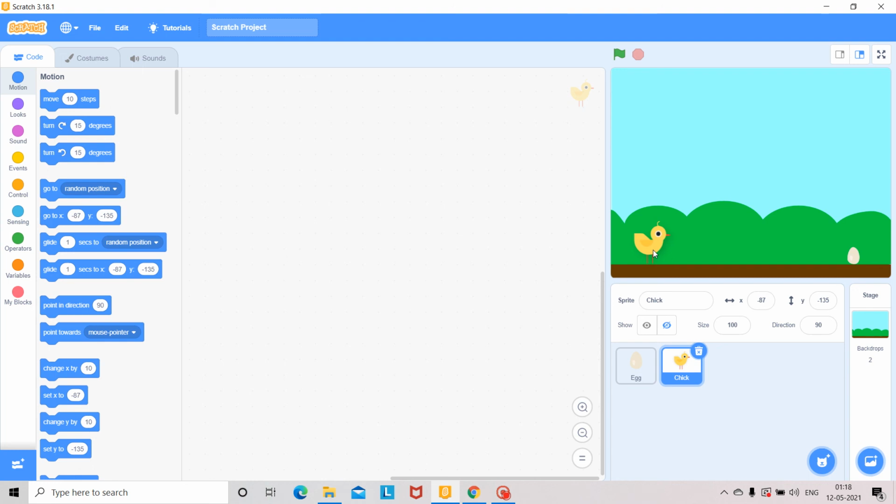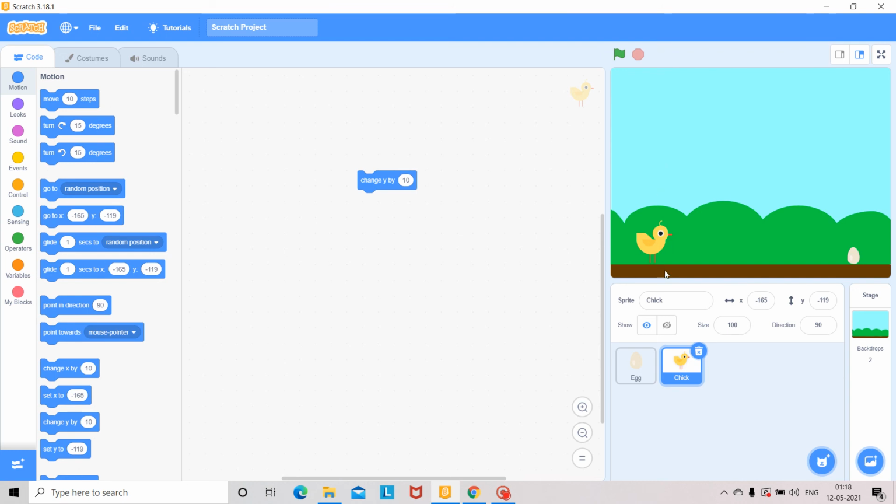In the first coding, you have to give the code for the chick moving 10 steps upward and 10 steps downward. You go to the motion coding area and select this one, change y by 10. The y value changes by 10 because it is moving up.